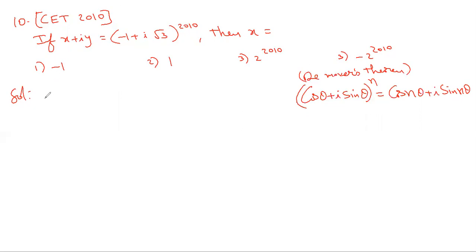So how we do that here is you take this minus 1 plus i root 3. You try to write this in polar form. If you write this in polar form, you need to divide by the root of 1 square plus root 3 square. Basically, that is 2. Multiply and divide with that: minus 1 by 2 plus i into root 3 by 2. So that becomes 2 into, you need to write cos and sine form.